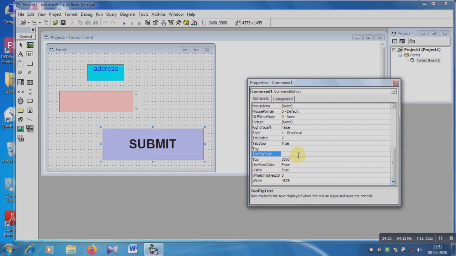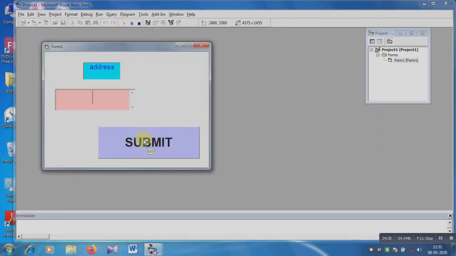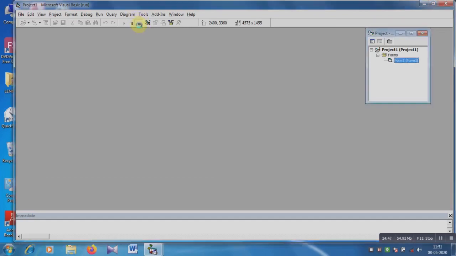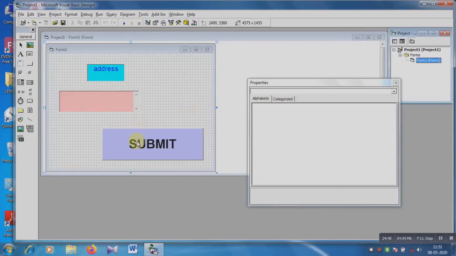This is the tooltip text, this is the alternative text. When the mouse pointer is over the command button, suppose I am writing go, that means the alternative text is go. Let's see. See, the word go appeared on the command button. Okay, see again. So in this way you can create the alternative text. Again go to the object code,